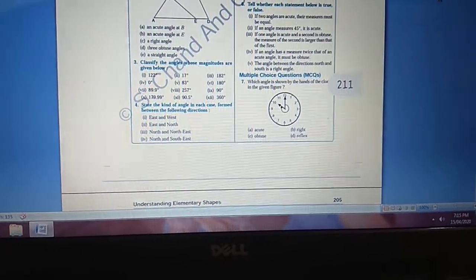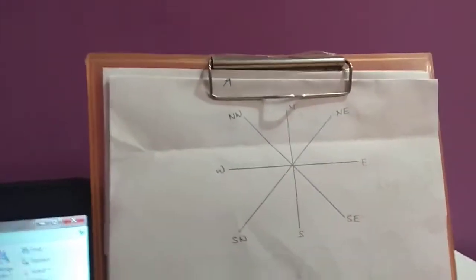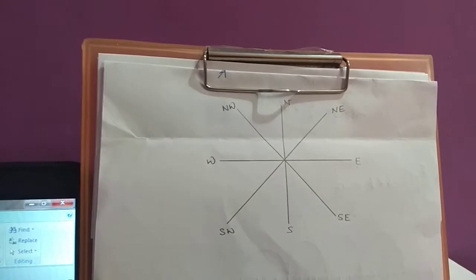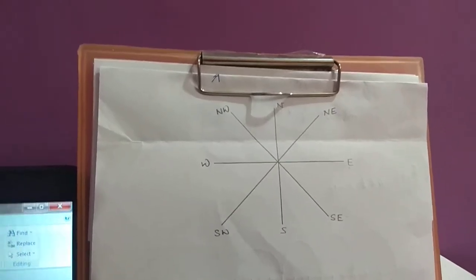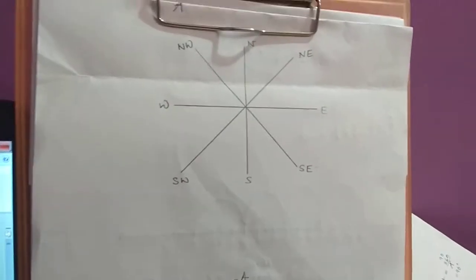So now see question number 4. Again here east, west, north, south, about this we are talking. So go back to the figure. Here we can see, in the last class we explained with this figure: east, west, north, south, northeast, and so on. If the book is open with you, I am showing you the figure and then you can find out the answer.